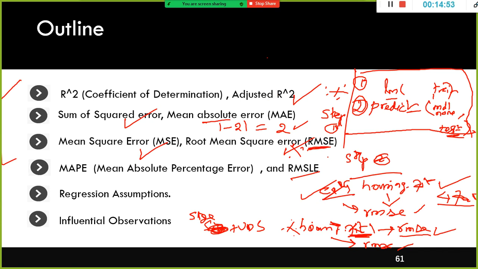Obviously you will think, instead of removing the two features, why can't we include the insignificant features in the model? But only when you use RMSE will you get to know: if you include those two insignificant features, the model can learn the noise. What is noise? Noise is error.